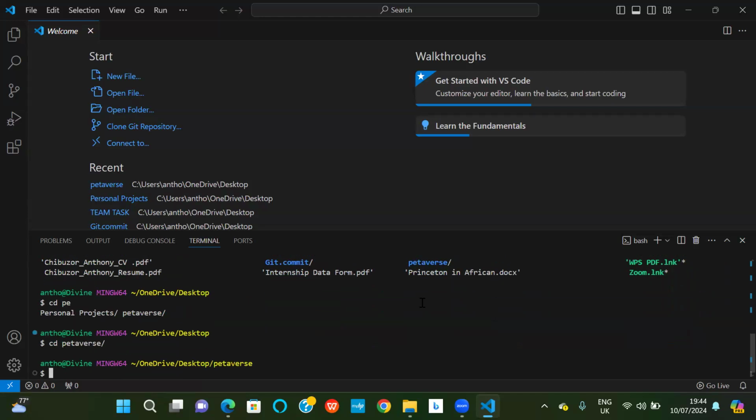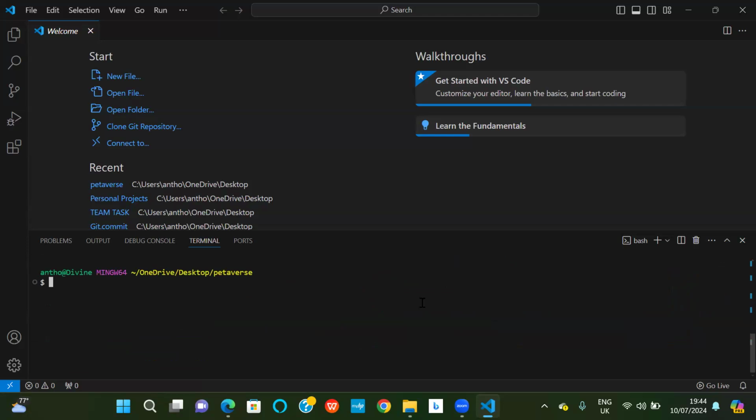Clear your screen. On a lighter note, before we continue, one of my mentors usually says that programmers are lazy people, right? So you should be learning some easy way out as well. You should not be typing the complete path of your directory all the time. Make use of tab to autocomplete. So now we are inside our Petaverse, right? This is where you keep all the projects we do.